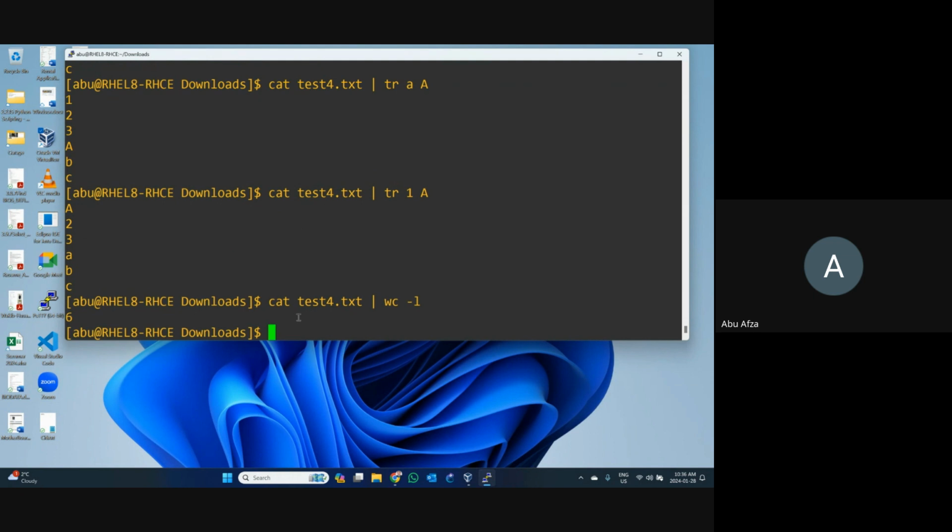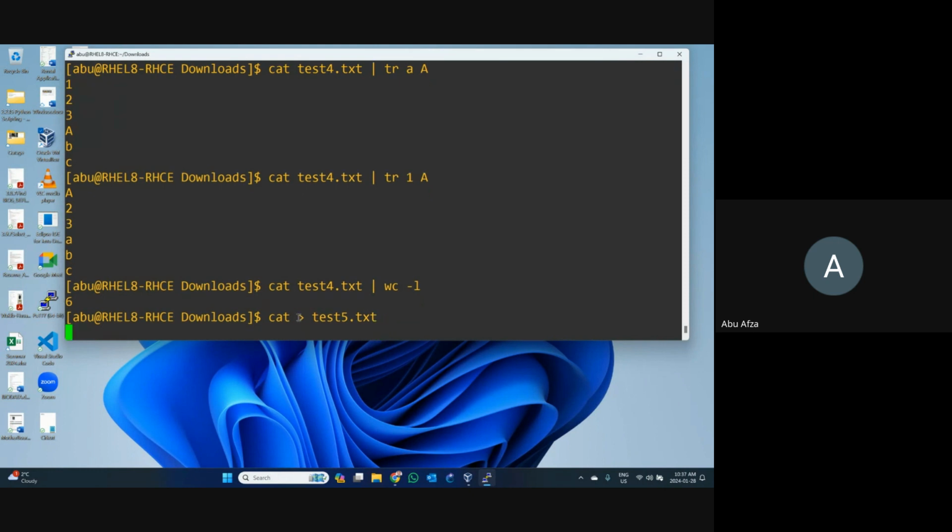Let's create another way, which is the one we mostly use. Create a new file, and I need to enter some value. No need to give me any output. I want just input. So for the first time when you want to create any file with input, we need to use cat, this greater than symbol, and after that write down the file name. Let's write down test5.txt.